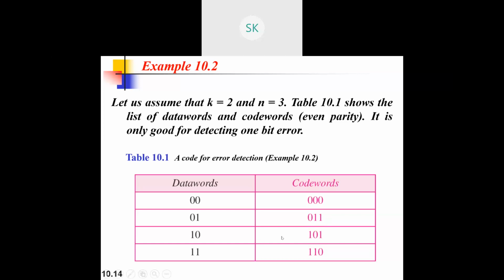With respect to 1 0, once again the same thing: 1 will be the extra bit that is added. For 1 1, it is an even parity, so 0 will be added. So this is the code word that we are having. This code word will be shared between your sender as well as receiver. Once that is shared, it will be easy for us to identify what is going on over there.